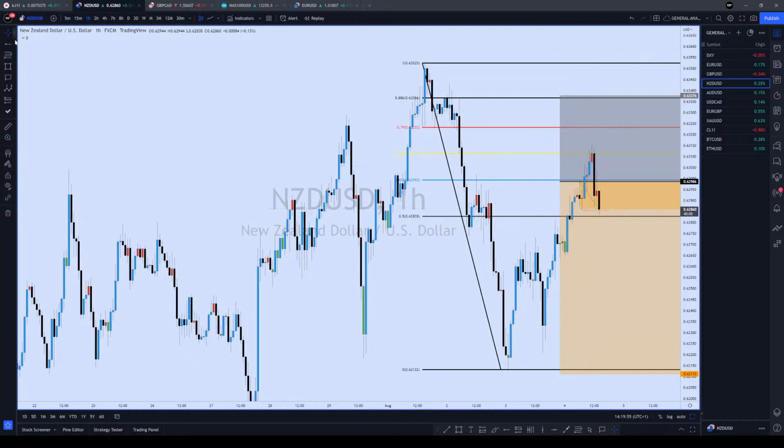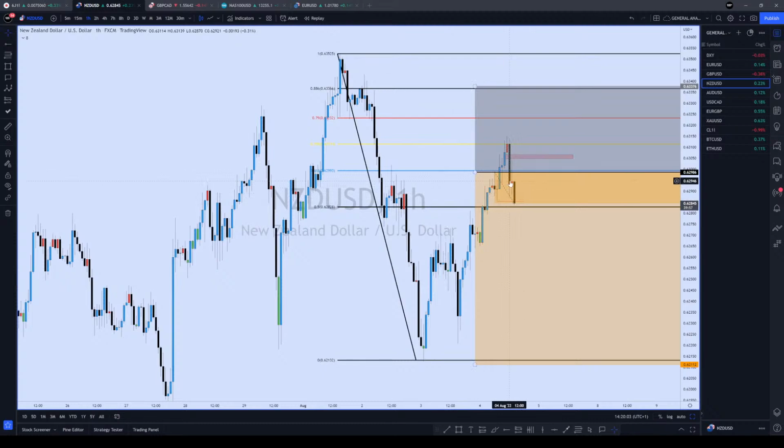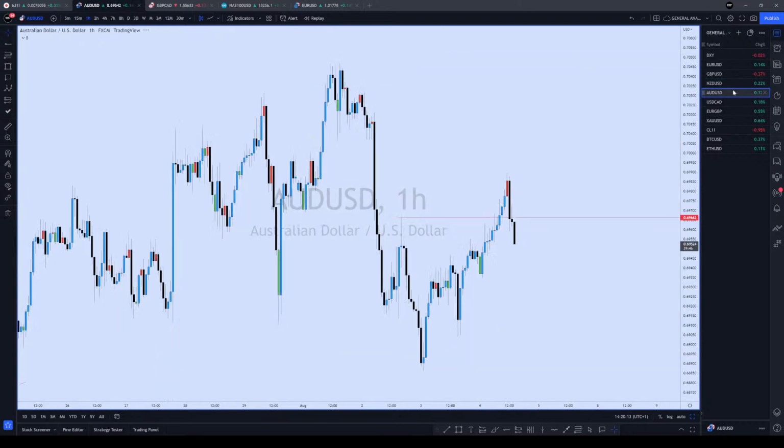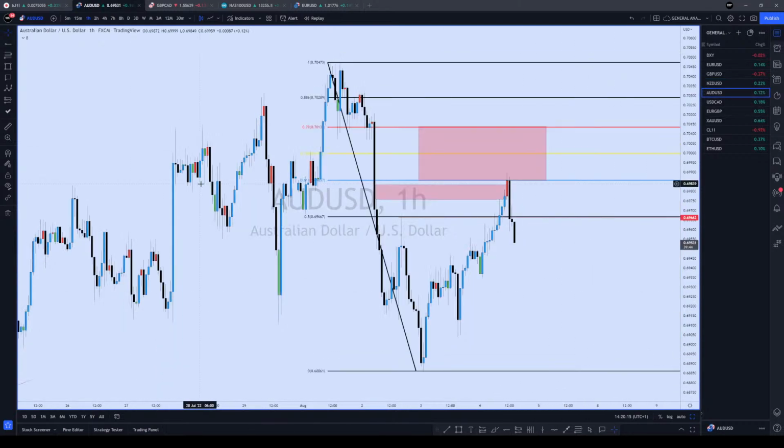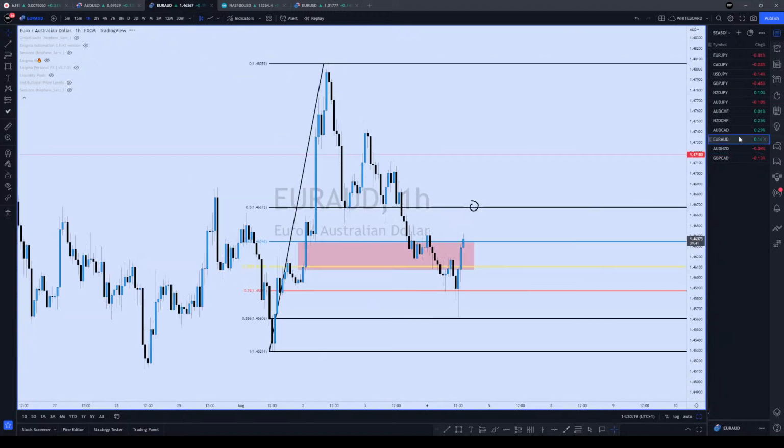I like the fair value gap left up here. Okay, I like that fair value gap left up there, but I don't want to see it go back there. I want them to just continue to melt down. All right, so they should just keep going down, and that will basically make the week happy.